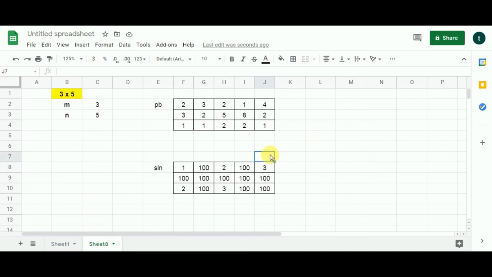And I'm going to write the address of this cell. So the address of this cell is going to be 0, 4. We check the value here of the same cell in the problem array, which is 4. I add 4 to this 0, the row component, I get 4. Now that 4 is greater than 3. Okay, so we cannot move down from here. I add 4 to this 4, which is the column index or the column component. So I get 8. Now that 8 is greater than 5. So we cannot move right from here. That means this path has hit the dead end. We cannot go anywhere from here.